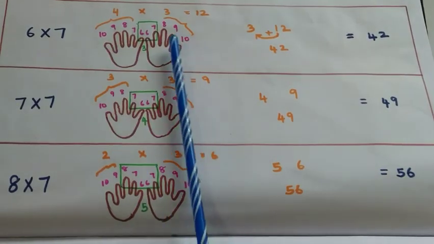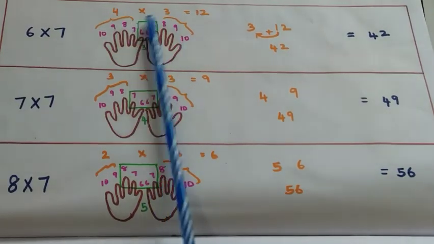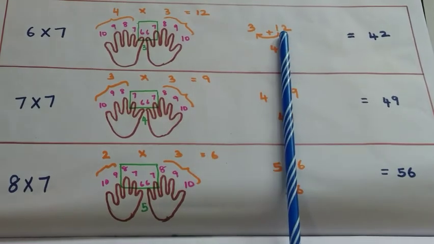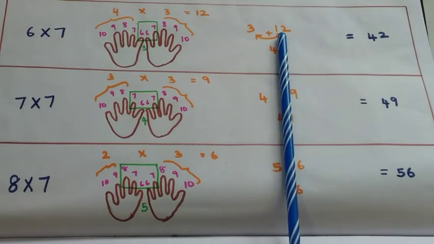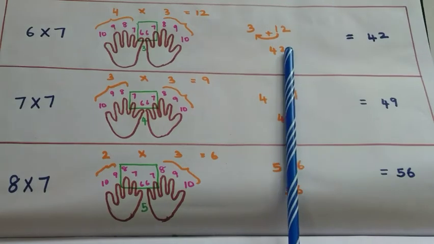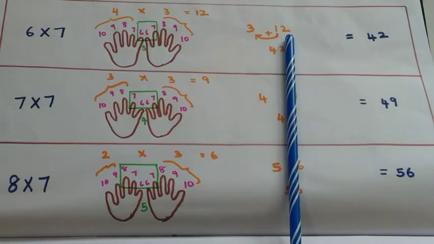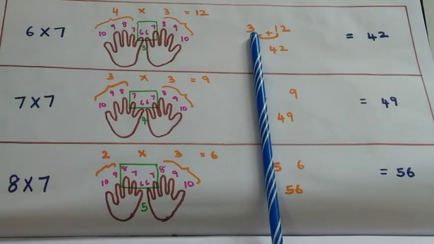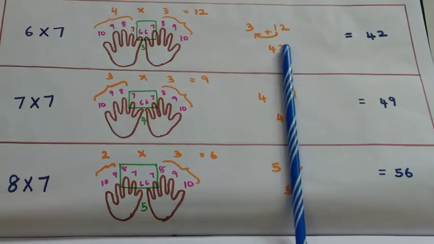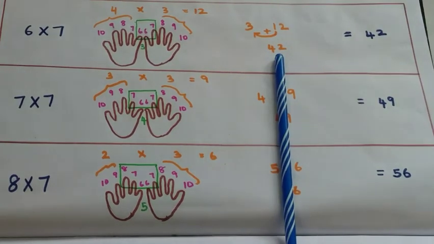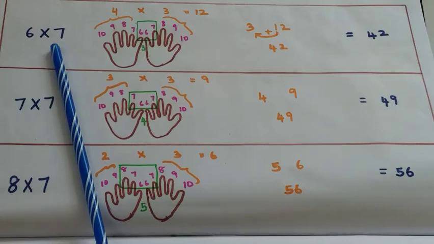of these fingers and write those numbers here and multiply the numbers to get the result, which needs to be written here. If the result is a single digit number, you can just club it with this and write the answer. If it is a 2 digit number like this, then you need to add the 10th digit to this number to find the final result, which is 42, which becomes the result of 6 into 7.